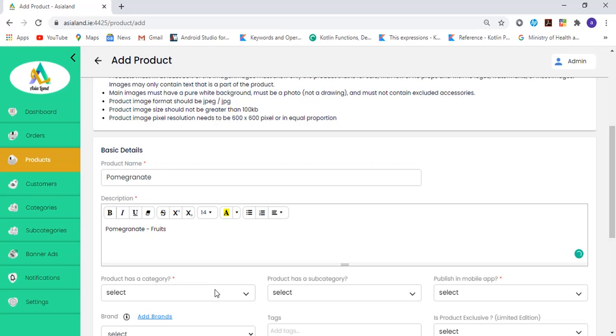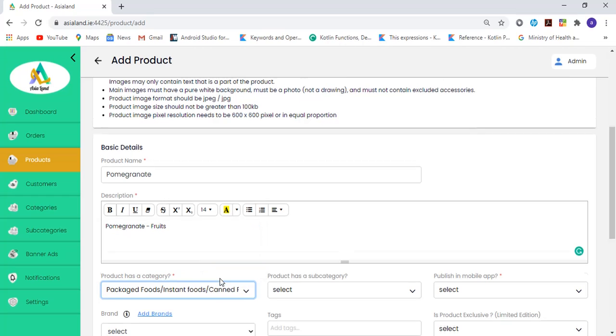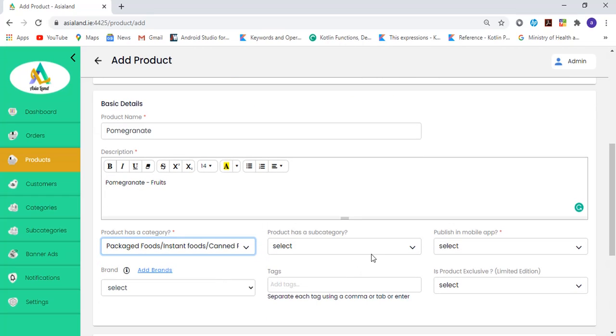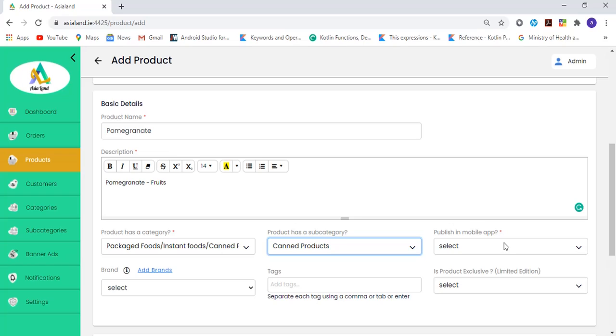Category. If we assign any category to this product, the product will be displayed under that category. Let's assign the category we had added earlier to the category list. Subcategory. Although this field is optional, it is recommended that you add a subcategory for every product. It makes the product browsing much simpler. Let's add a subcategory here. Publish or unpublish. If we add this field as unpublished for this product, the product will not be displayed in any of our apps. Else if we select publish option, it will be displayed in our app.